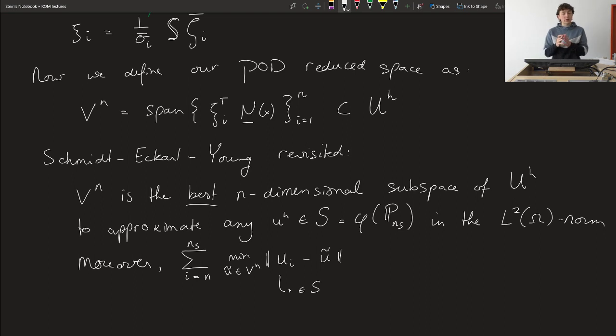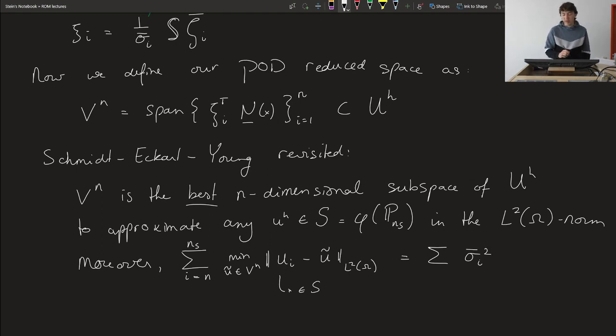So this is the error that we would be making if we approximate any real solution in this snapshot set with the reduced basis that we just constructed, and we measure this error in the L2 norm, then this is going to be equal to the sum of all the leftover